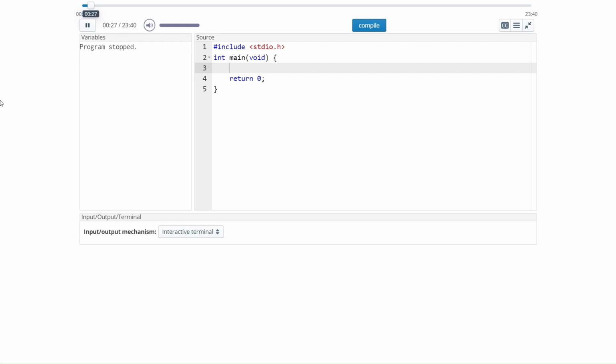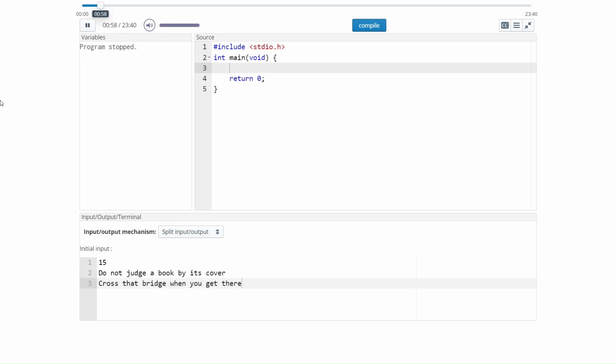So we'll use the split input-output, and I will show you the input here. First, I put 15. This is the number of words in my text. And then a new line, and I will input my text. Something like, do not judge a book by its book cover, and cross that bridge when you get there. Alright, it's completely nonsense, but just for teaching purposes, this is a text of 15 words, and I want to